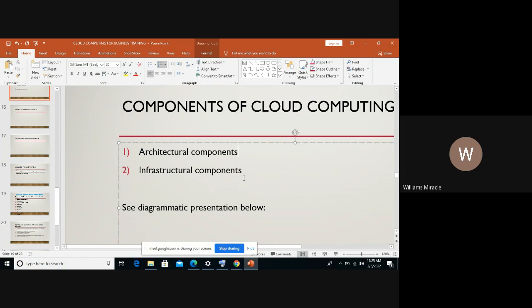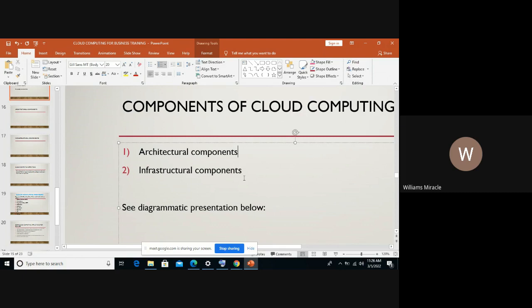I also made mention that infrastructure components comprise deployment software. That's the deployment model, where you are able to deploy, set up, and integrate the application. The infrastructure also comprises the network. The network is the key component of cloud computing infrastructure because without network, you cannot access it.